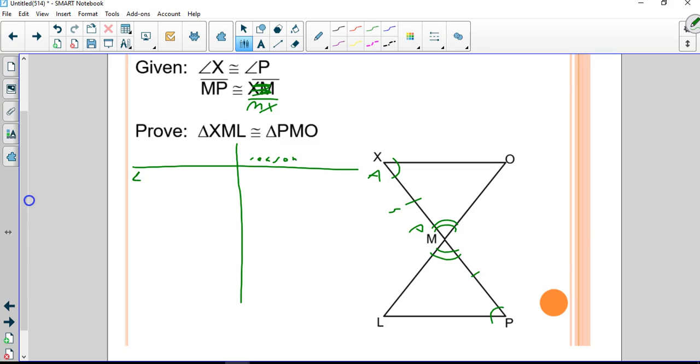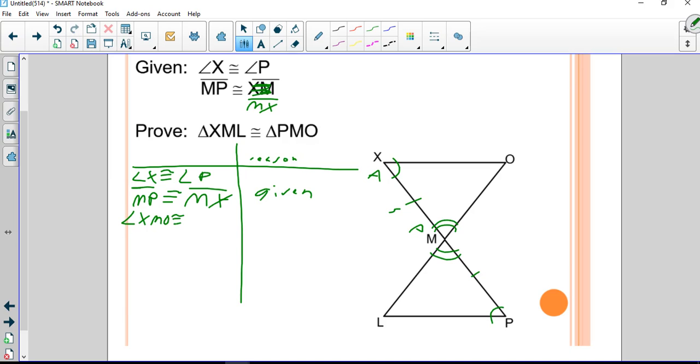Reason. Again, angle X is congruent to angle P, and MP, not MR, I give up, is congruent to MX, and those are both given. Now we're just going to mark what we marked. So we're going to do XMO, angle XMO, and you don't have to go in this order, is congruent to,